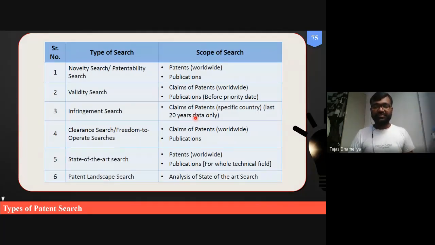Okay, I hope that I am able to make you clear about this. So we need to study the patents which have been filed in the last 20 years. Clearance search covers claims of the patents and publications, and some other searches such as state of the art and patent landscape search. So these are the other types of patent search.